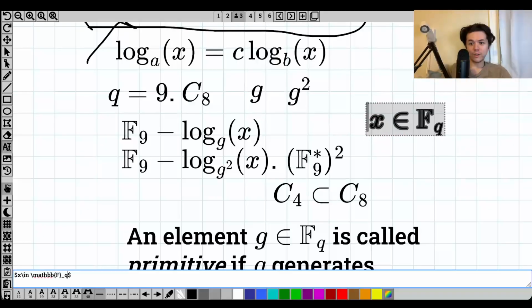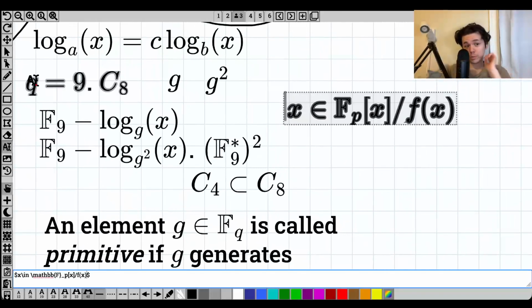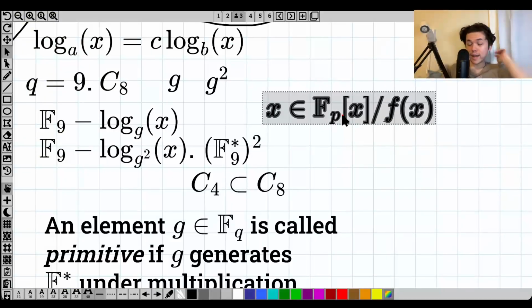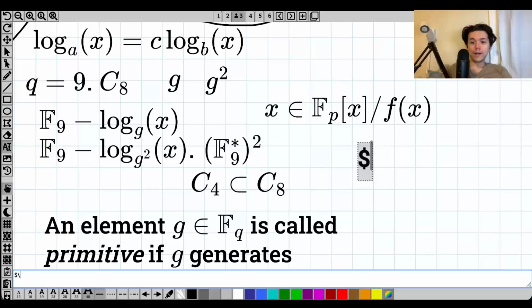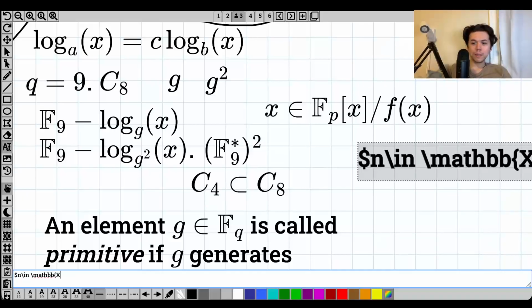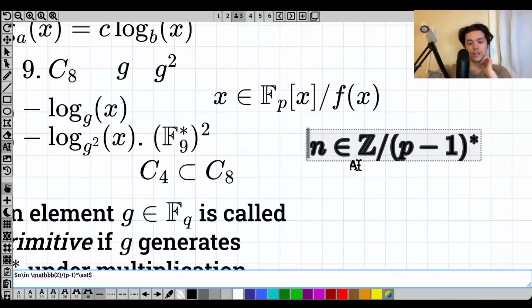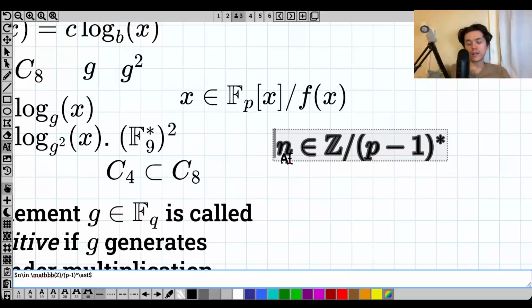Inside F_q, basically F_p[x] mod f(x), where f(x) is a Conway polynomial, the element x will be a primitive root. And every other primitive root will be related to x by some power n in the integers. I can't write it the other way, to the s, by a unit in here. Every single other primitive root, I can take a power, and this is some number theory that you could even